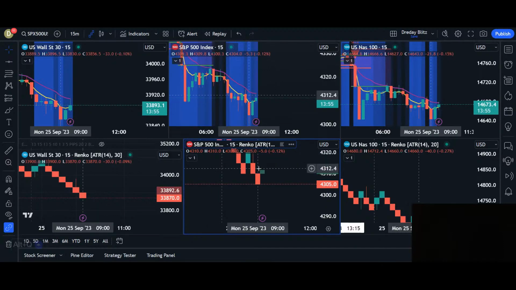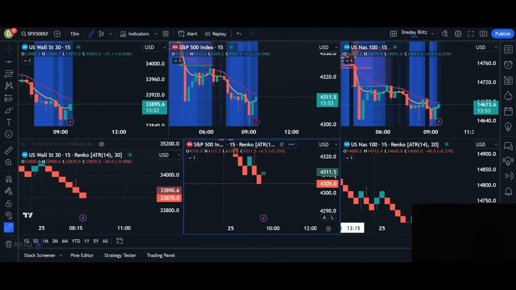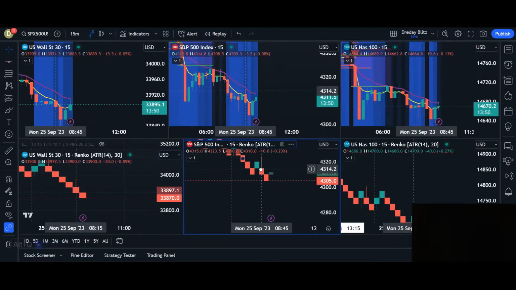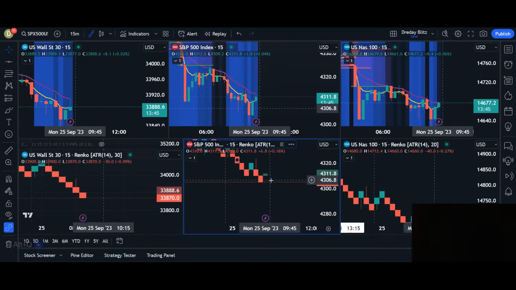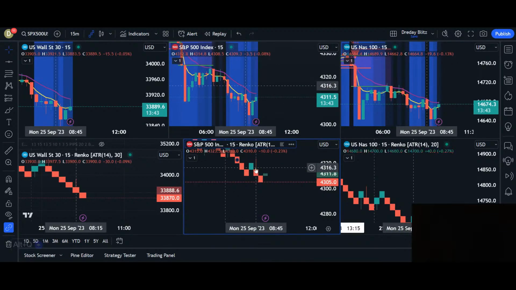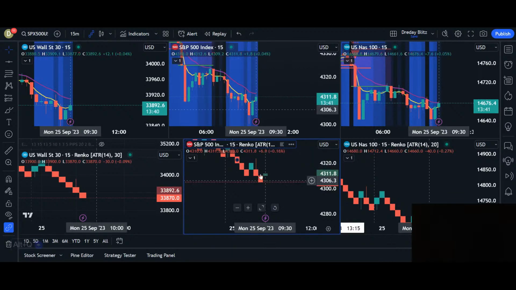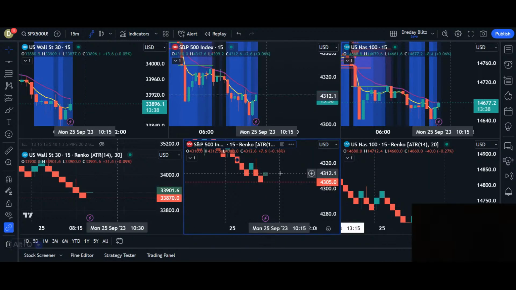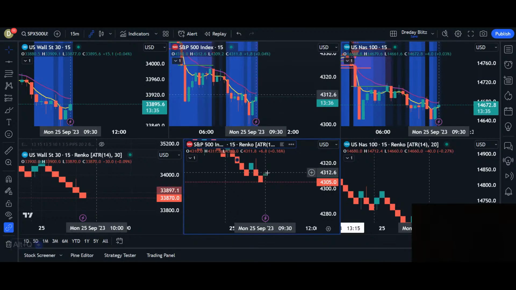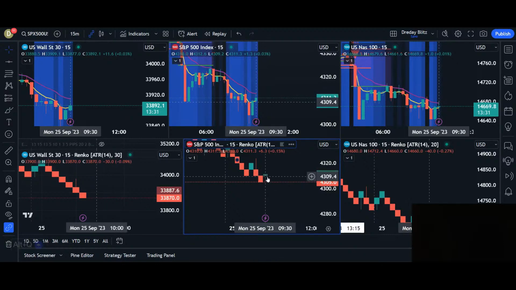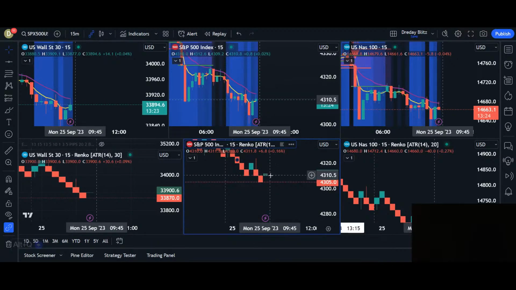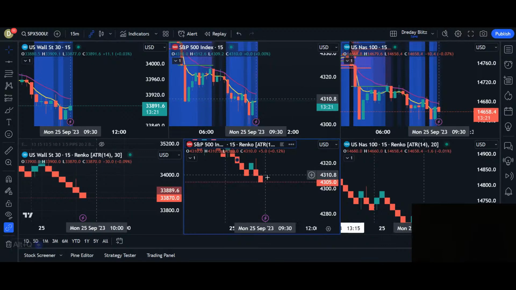So regarding the Renkos, we're always only trading off of the Renkos that are being created. Right now it's starting to create a new one. But let's say you were in a trade and you want to know if you need to get out or keep your trade going. You want to make sure that this Renko, for example if you were on a bearish movement, is fully created, so it's fully colored and not grayed out like this, to confirm that a reversal is done